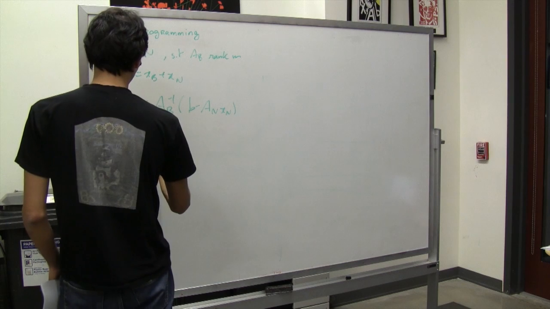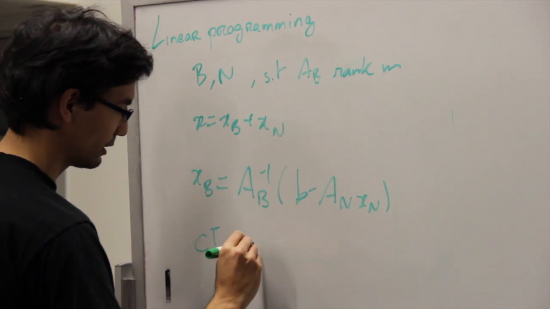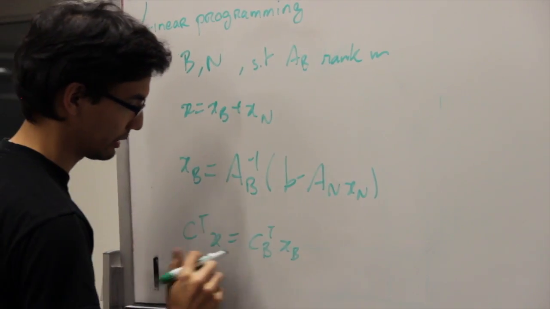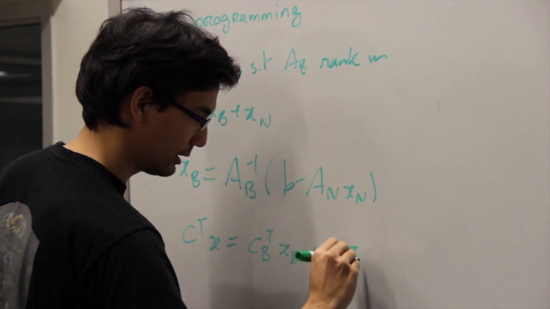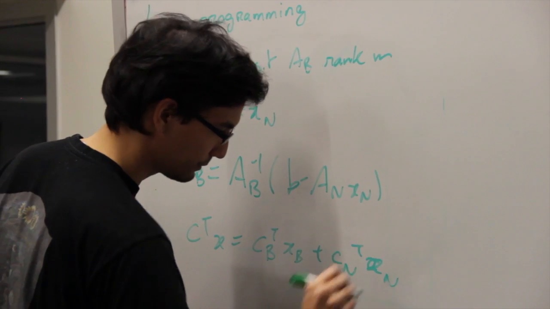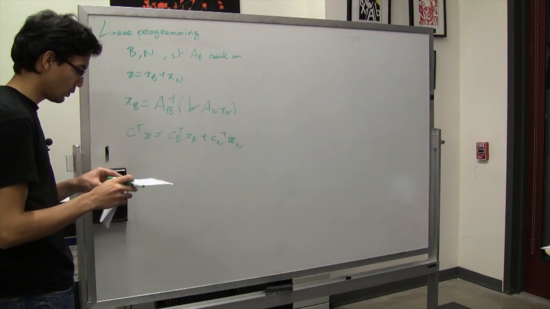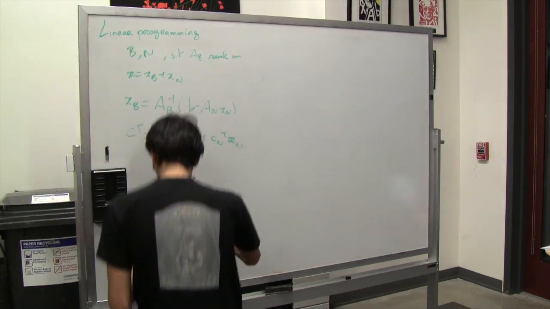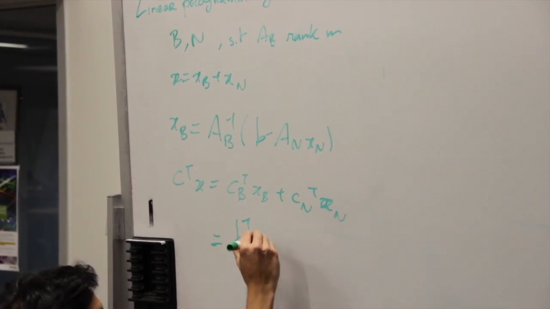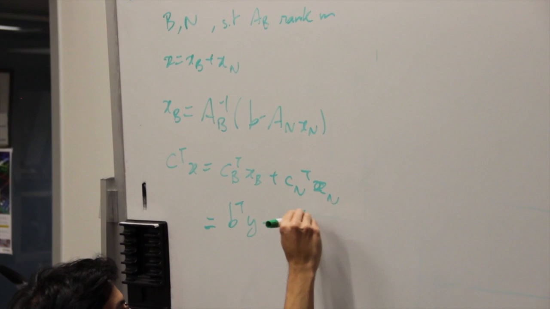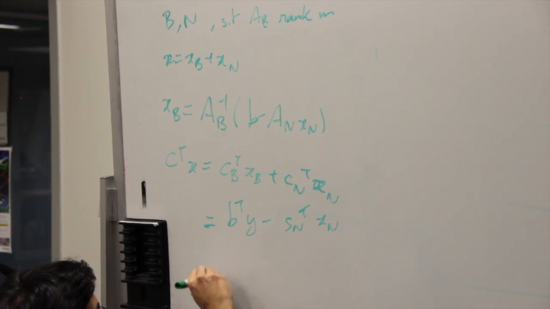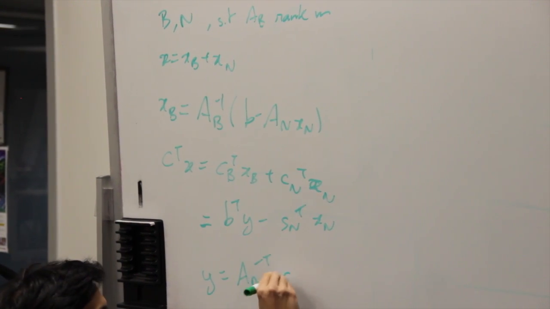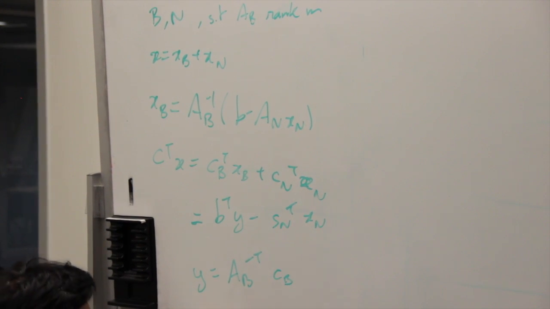The interesting thing is that now you have c transpose x. What you're trying to maximize is thus, you can separate c the same way you separated x in xB and xN: cB and cN. Through some computation, I'll give you directly the simplified result, which is b transpose y minus sN transpose xN, with y equal to minus, transpose, by the way, inverse of the transpose, and sN equal to